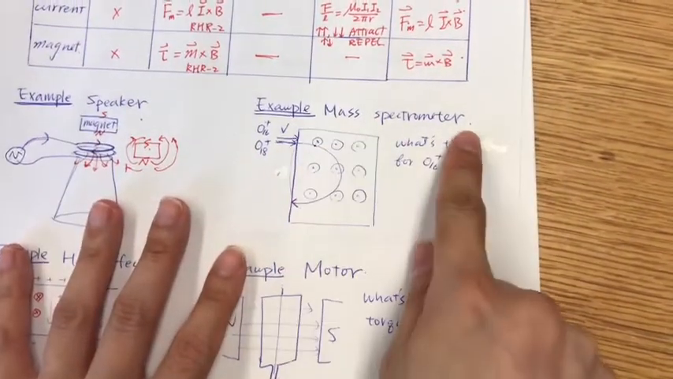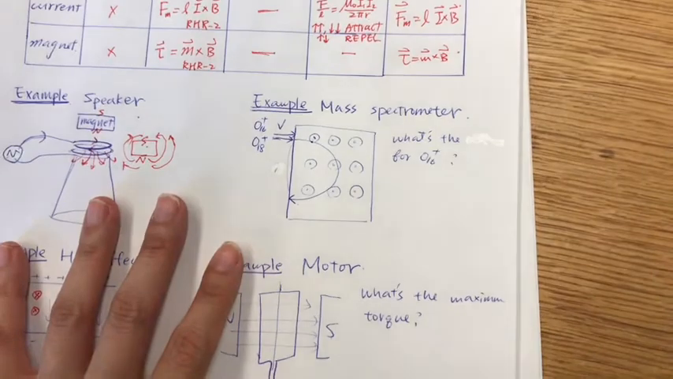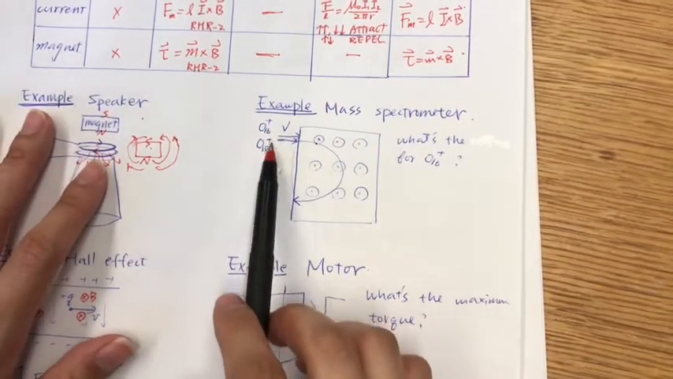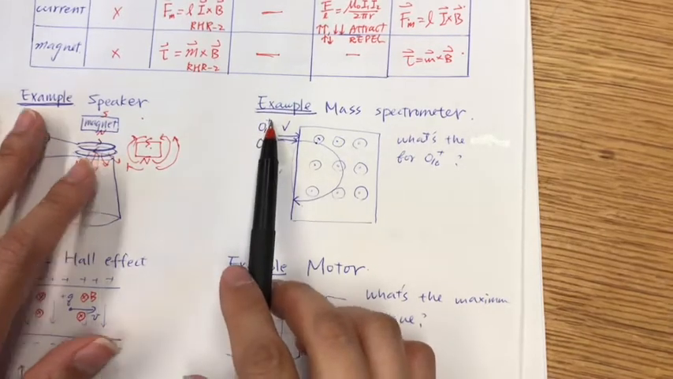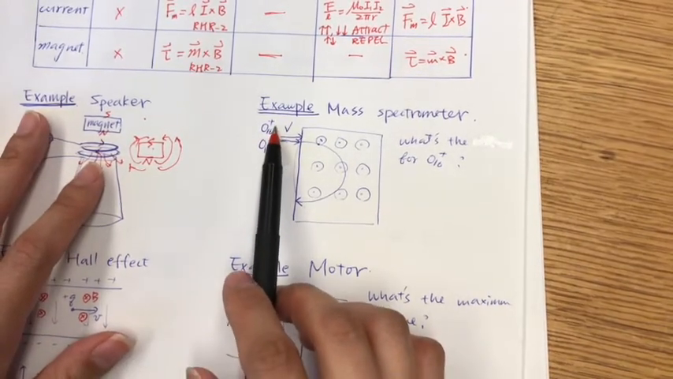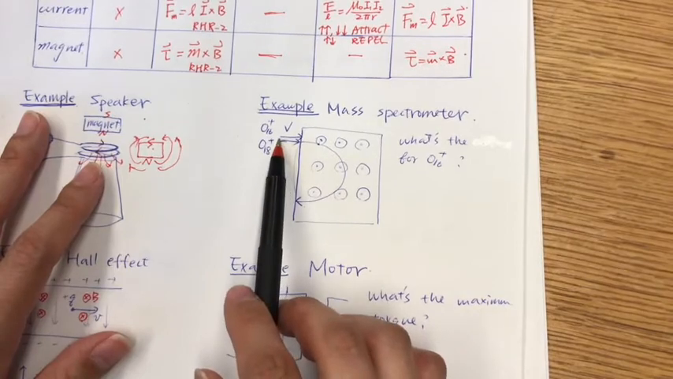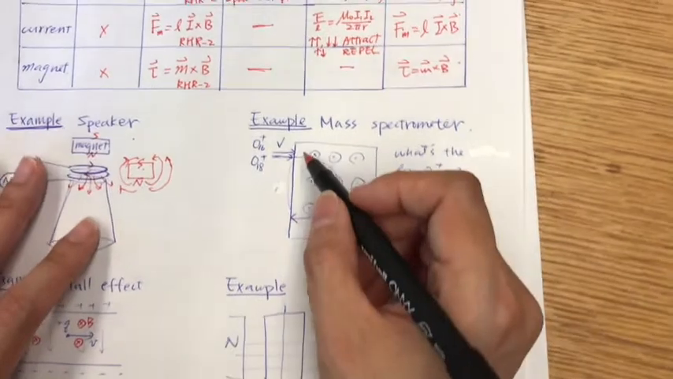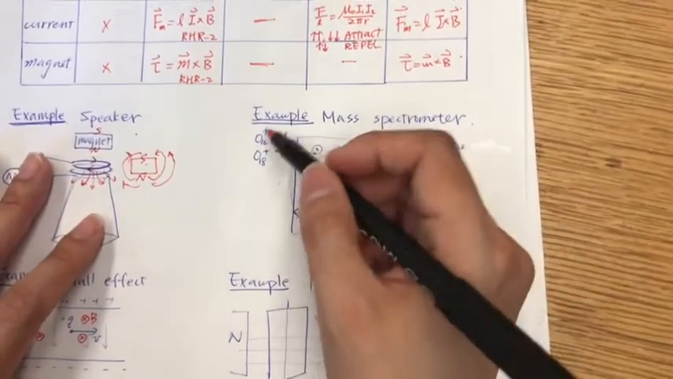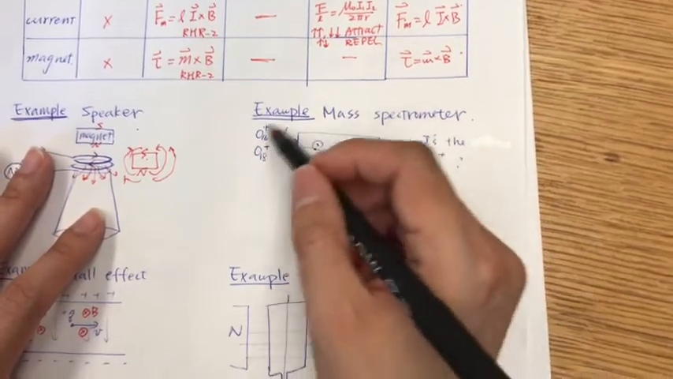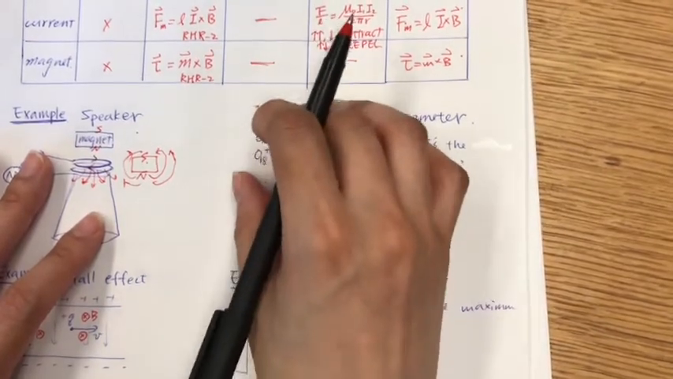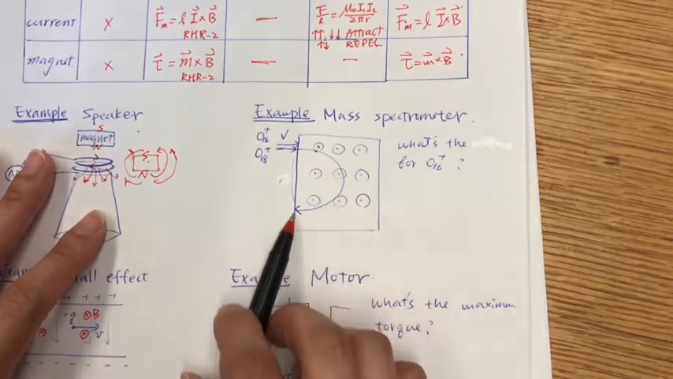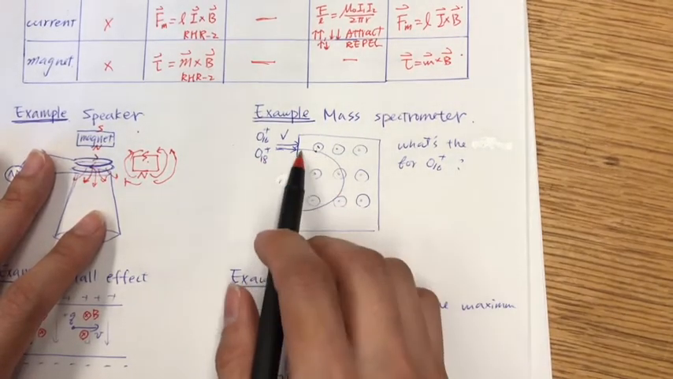Another application is the mass spectrometer. A mass spectrometer is, for example, if we shoot in two ions, these ions are singly charged, but they carry different weight. So say I send in this one, and like we have a pile of oxygen ions, and you can see a lot of them, oxygen 18, will